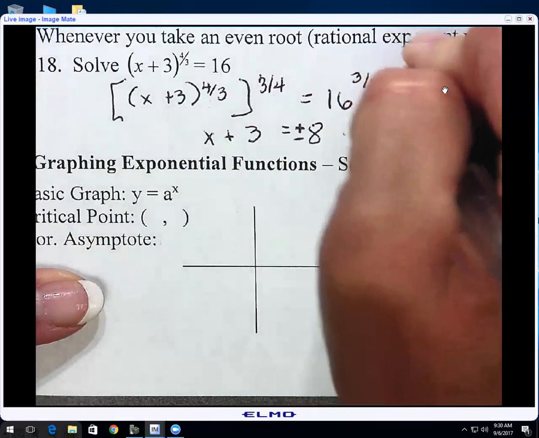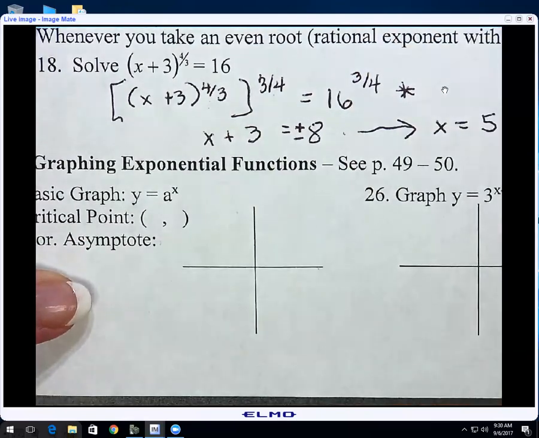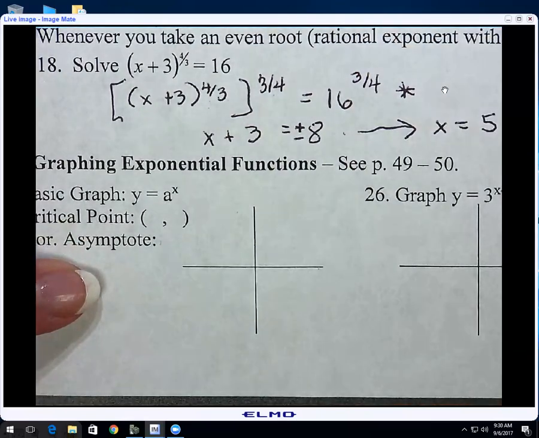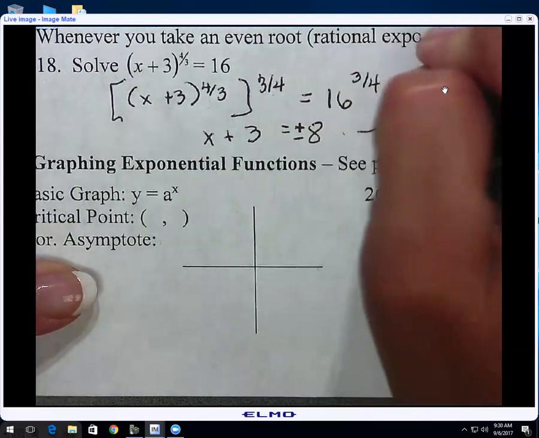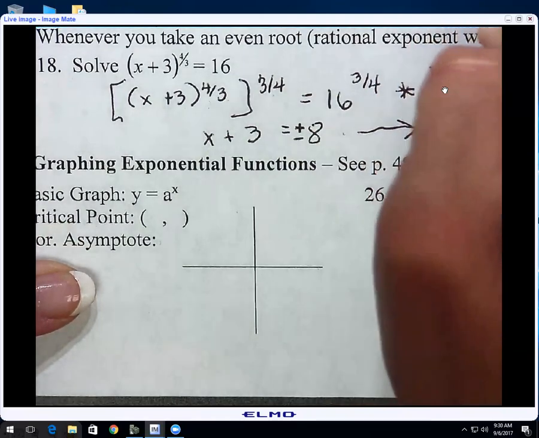And I need to make myself a note out here. Raising something to the 3/4 power is taking an even root. And whenever